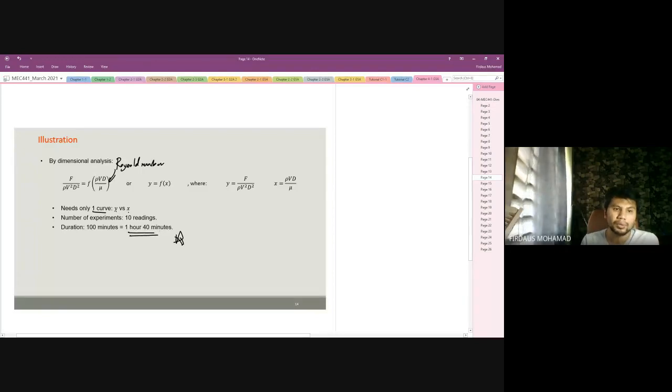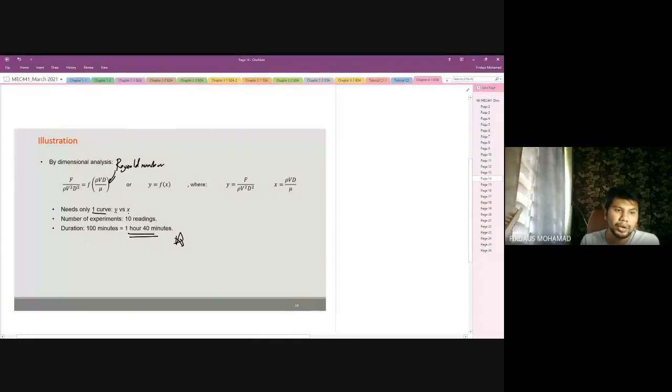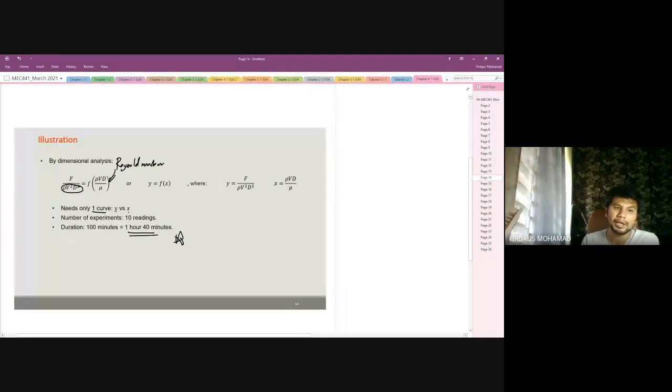Dimensional analysis rho VD over mu, which is Reynolds number, and then kita variedkan dia punya independent variable. Okay, so where y equal to F over rho V squared D squared, ataupun x equal to rho VD over mu. Okay, so kita boleh dapat plot hanya less than 2 hours instead of